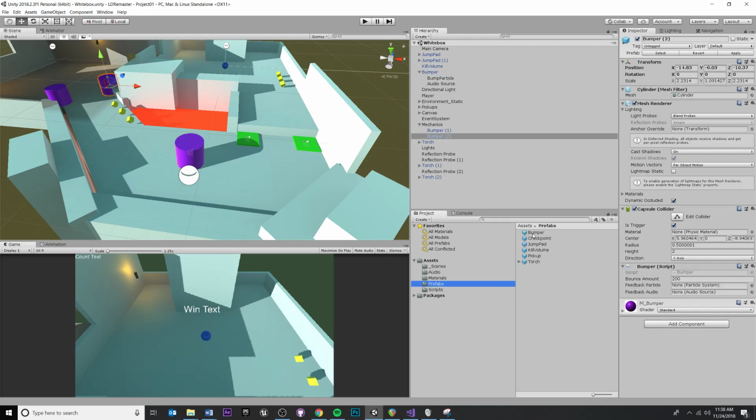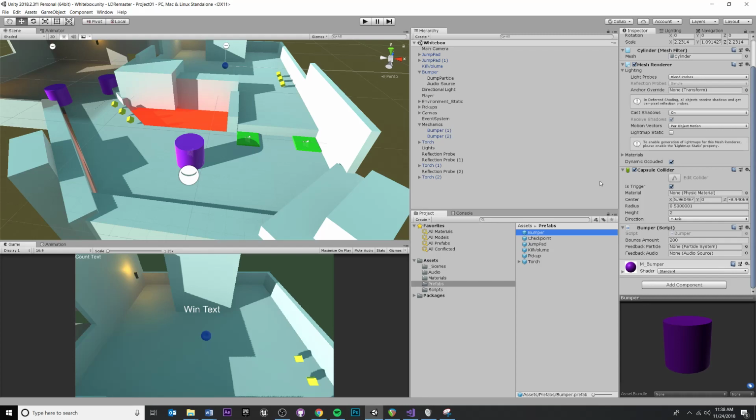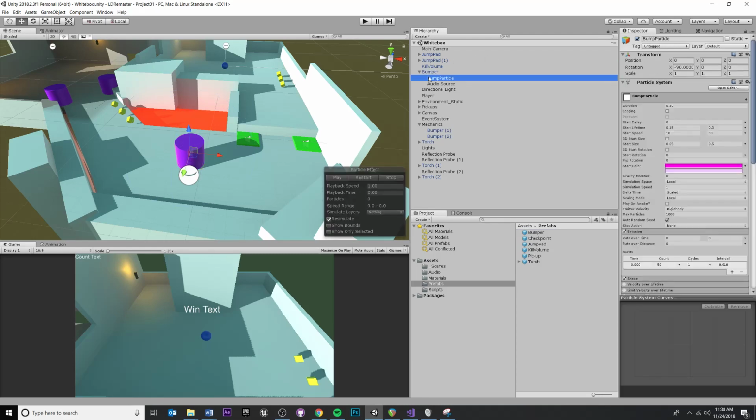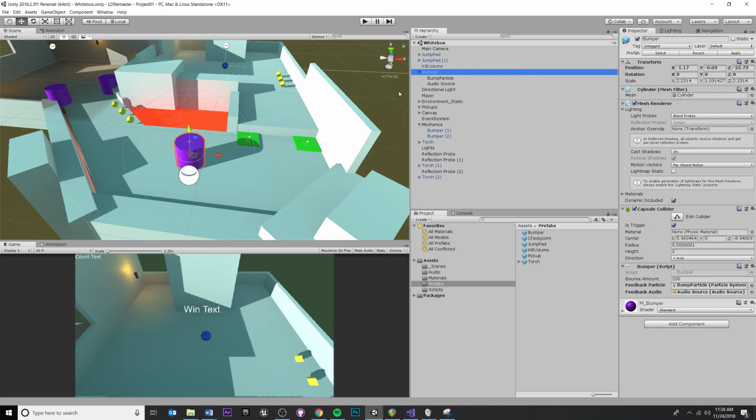So I could look at the project, and you'll see that we didn't have any of this other stuff set up. We don't have child objects, so don't hit that button. But if we hit apply, this will say, I want to make this the new default template for all the prefabs of bumper. And that's actually what we want to do, because as soon as we hit apply, this will turn every single other instance of this bumper prefab into what we've done here. So if I hit apply,